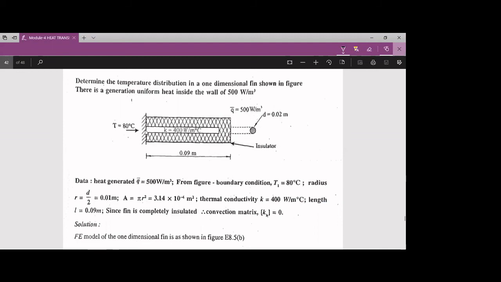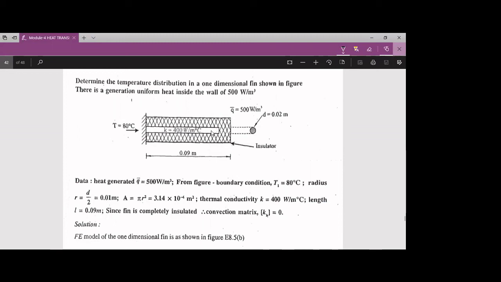Then what will be the temperatures? At this point it is already 80. And what will be the temperature at this point? Due to this heat generation, what will be the temperature at node 2? We can calculate by considering only one element. If you want two elements you can do it also. If you want two, three, or four elements, based upon the number of nodes you require, you can discretize and find out different numbers of nodal temperatures.